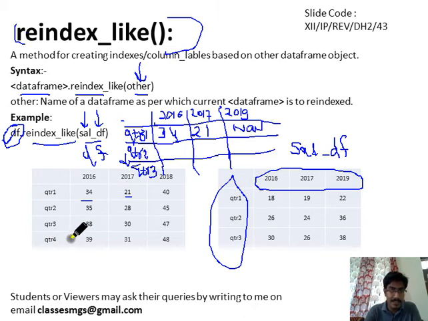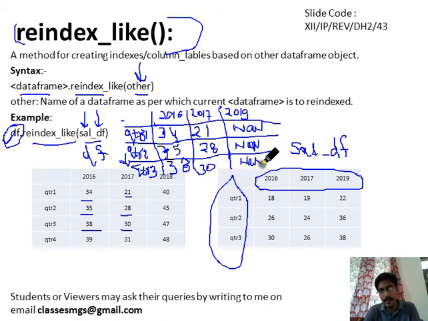Next, qtr2 2016 is 35, and qtr2 2017 is 28, and there is no 2019 column for qtr2 also, so NaN. Next is qtr3: 2016 value is 38, and 2017 is 30, and there is no 2019 column in the original data frame, so NaN will be copied. So this is how the reindex_like function works.